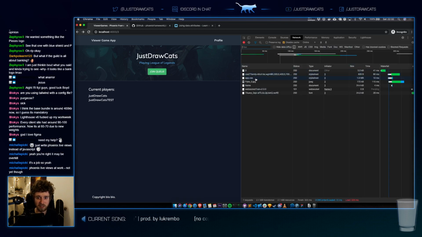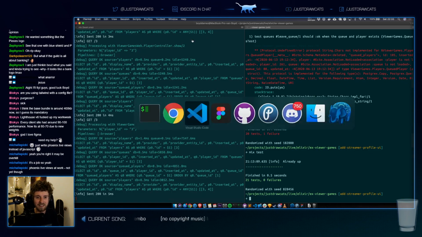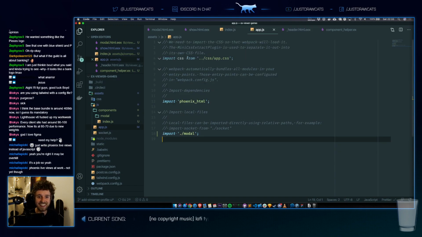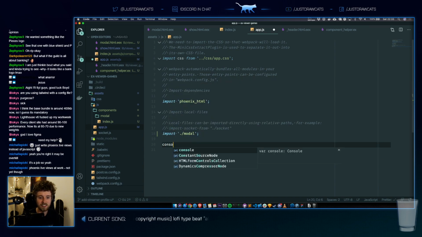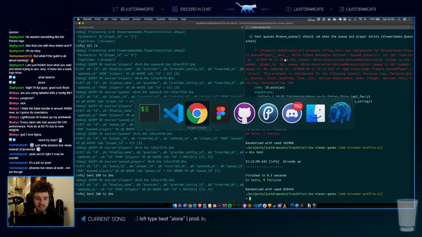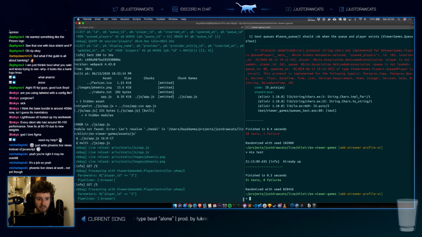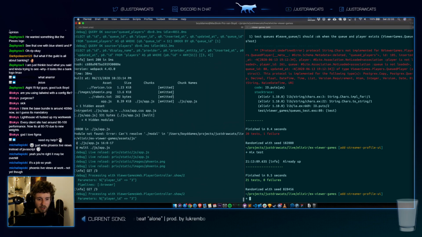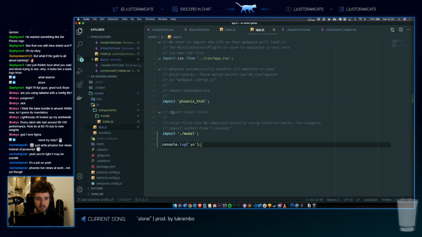Did the JavaScript even load? Do I even have JavaScript included? Oh, the CSS is in here. Console log yo. Are we good? Found something. Cannot resolve modal in JS. Oh, it's components.